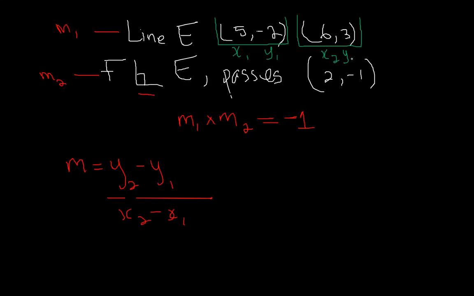But remember, they're interchangeable. If I wanted, I could have said this coordinate is my x1 and y1, and this one is my x2 and y2. So all you have to do now is sub in the values. y2 is 3, so we put 3 right there, minus